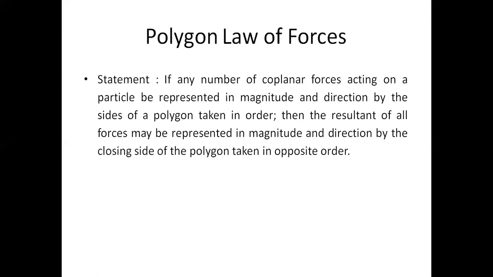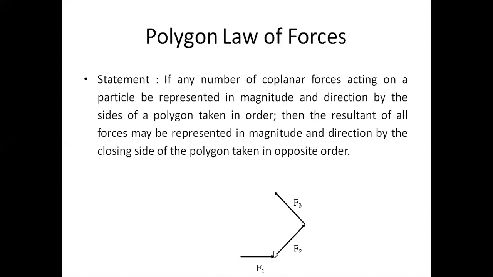So let us graphically see how to represent. This is force 1, this is force 2, this is force 3, and this is force 4. Now all these forces form a polygon. Now the last side we have to join here. If we join like this, that means 1, 2, 3, 4, and if we join like this, it will become a polygon with 5 sides. But in order to get the resultant, we have to take it in reverse order. So the resultant force is represented in the reverse order, and this is the resultant of all these four forces.